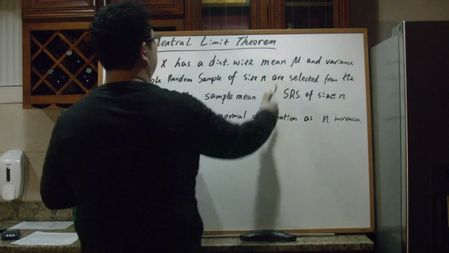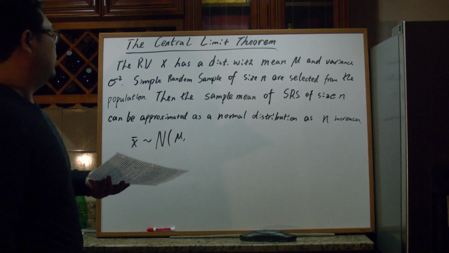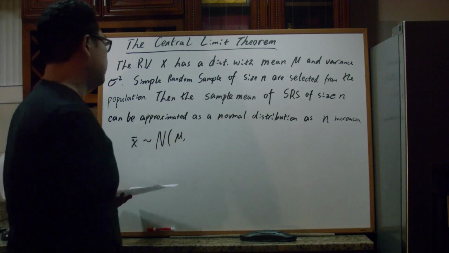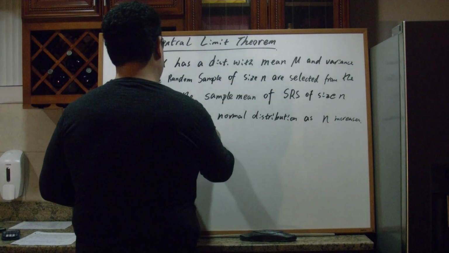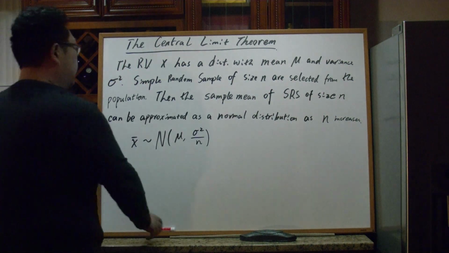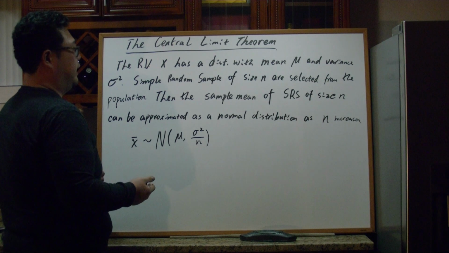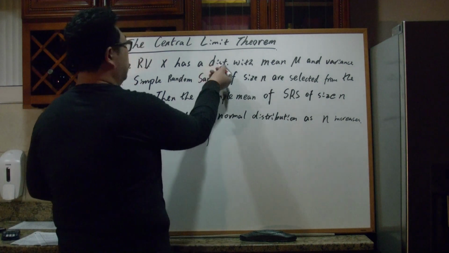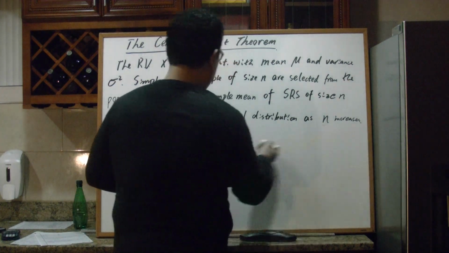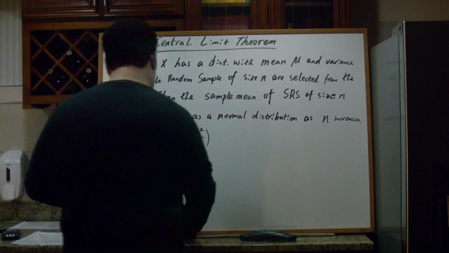We originally had the distribution of x with mu and sigma squared for mean and variance. And we have seen that for the sampling distribution, the sample mean will have a mean the same as the population mean, and variance sigma squared over n. We don't know the distribution of that, and as n increases, it will be approximated by a normal distribution. In other words,